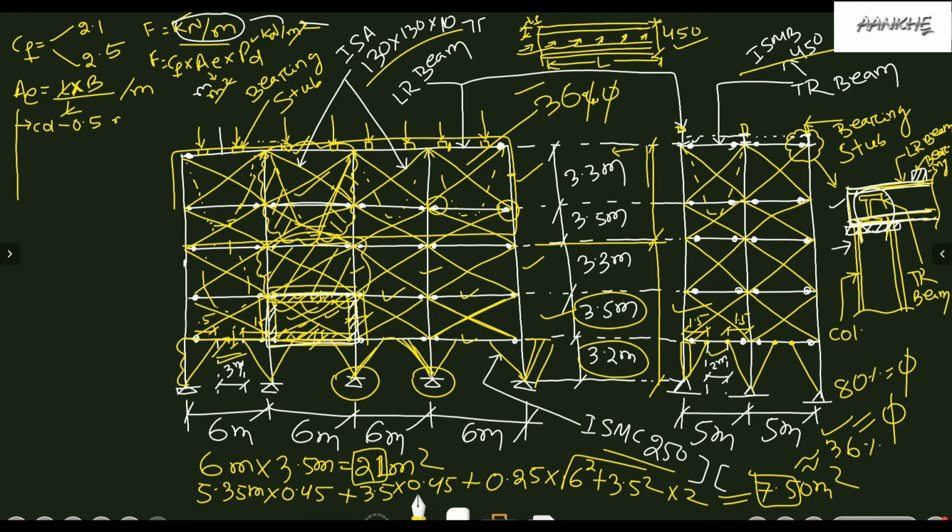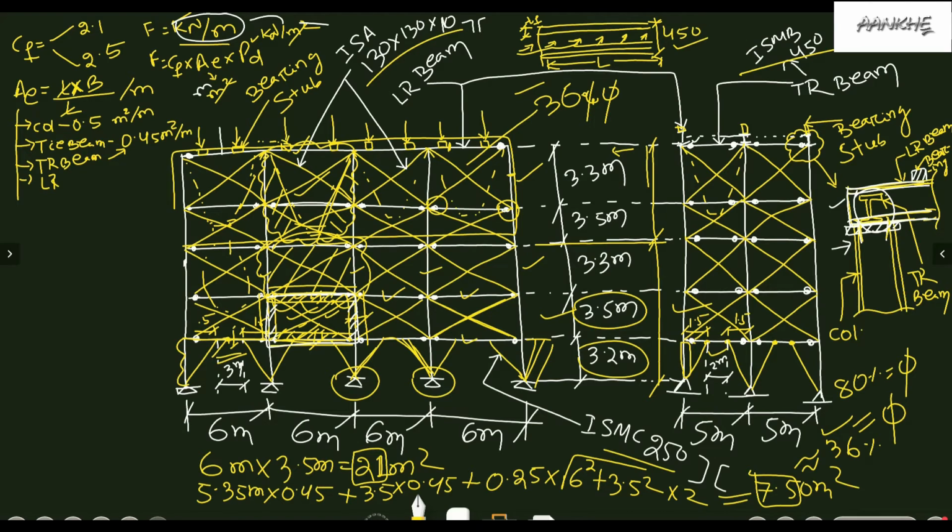This is 0.5 square meter per meter. Okay. Now comes your TR beam or tie beam, whatever. Let us take it as tie beam. It is 0.45 square meter per meter. Next comes your TR beam or top transverse beam, which is also the very same, that is 0.45 meter.